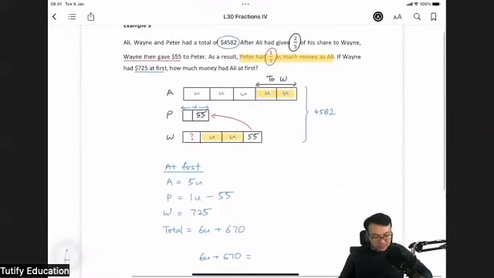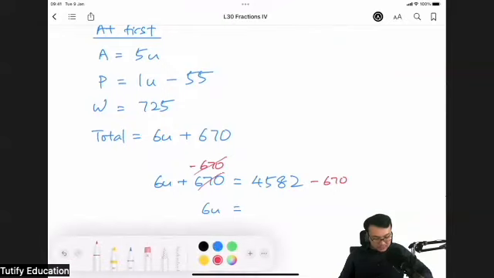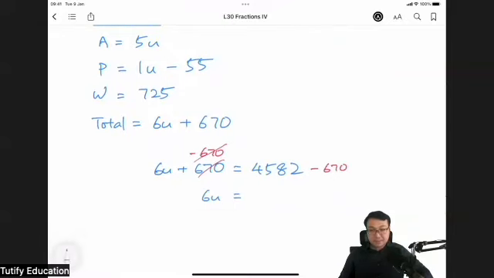Equals to the total, $4,582. Correct. The total is 4,582. Well done. So if I want to find 6 units, I minus away 670 from both sides. This one will cancel out. So I will get 4,582 minus 670, which will give me